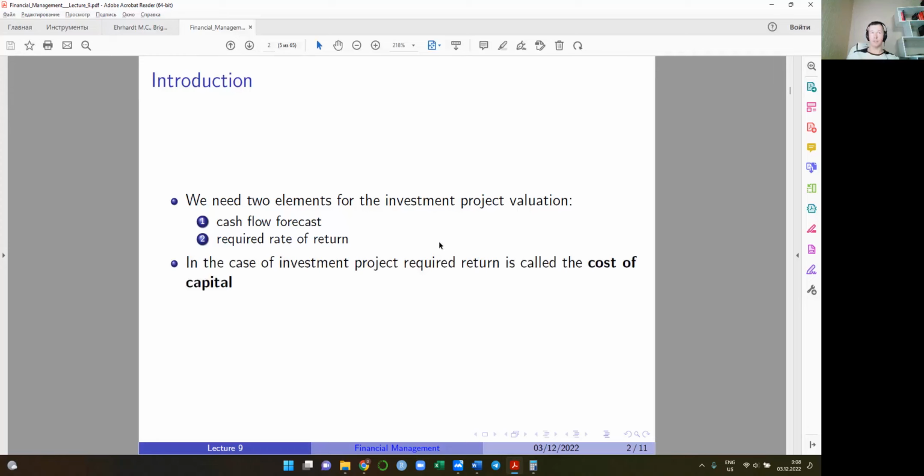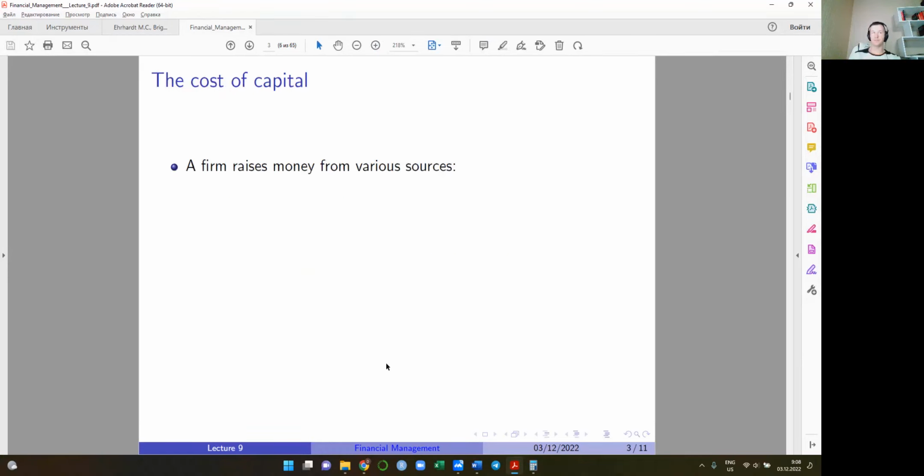And in the case of investment project, the required return is called the cost of capital. So if you want, these are the synonyms. Required return, cost of capital, but usually when we are talking about investment project valuation, we call this interest rate the cost of capital. Why do we call this the cost of capital? Because if a firm